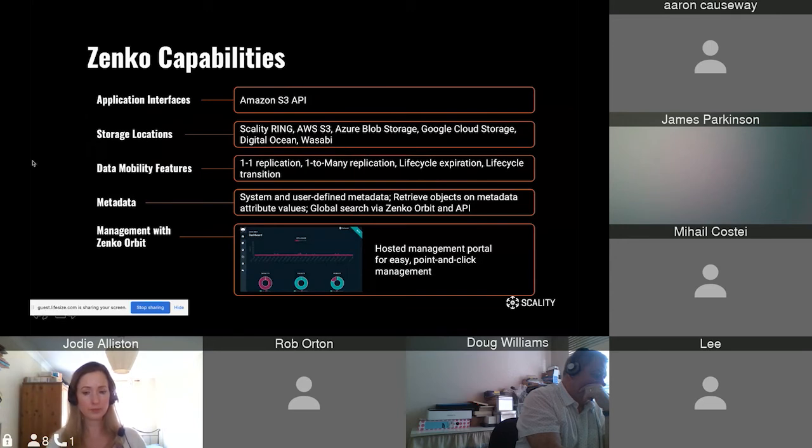Some of the data mobility that I didn't mention earlier on, so we can have replication. So we could have a bucket that's on premise on a Scality Ring, and we could have that bucket replicated to AWS. Or we could have one-to-many, so we could have that bucket on premise, and it could be replicating to AWS and Azure, as well as some of the data movement policies that I've talked about, the expiration and